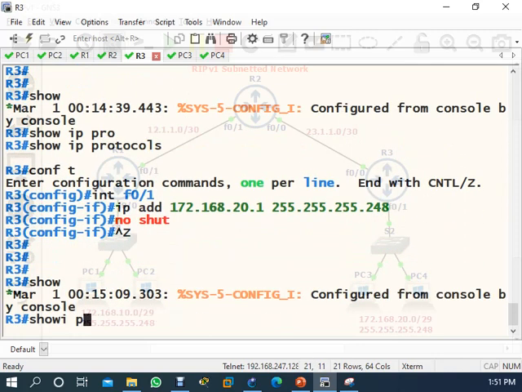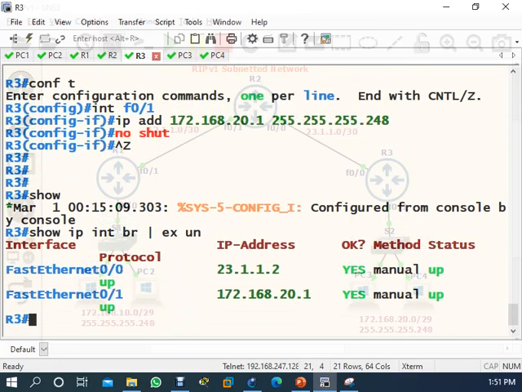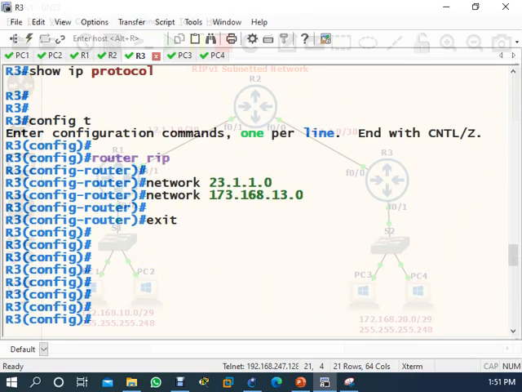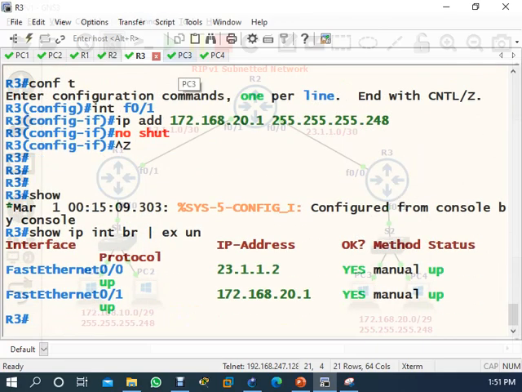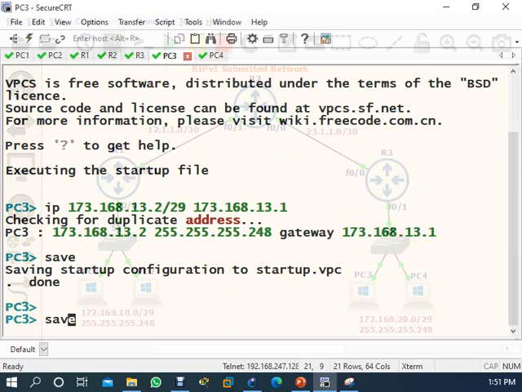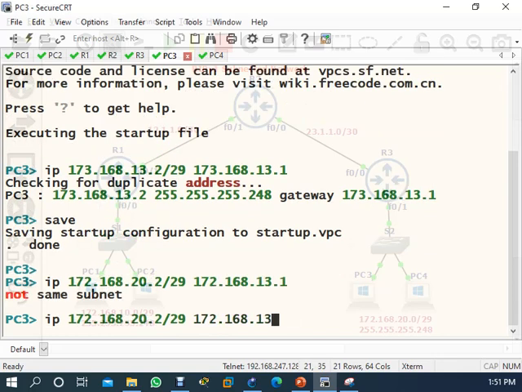If you want to verify, show IP interface brief, exclude unassigned, IP is configured as 172, right? Earlier it was 173, but I have changed it to 172. Now come to PC3, 172.10.20.1, right?